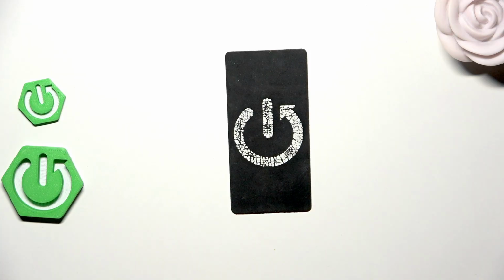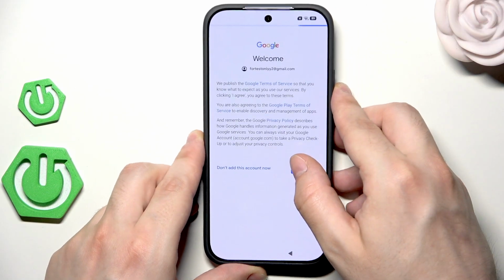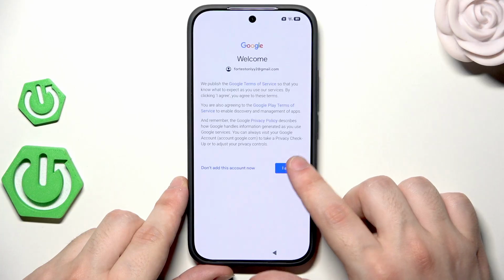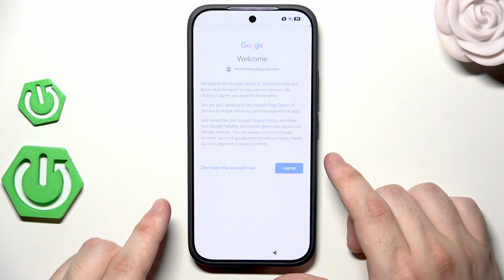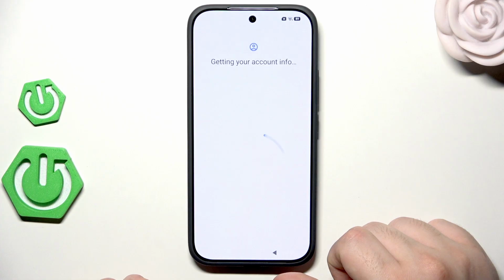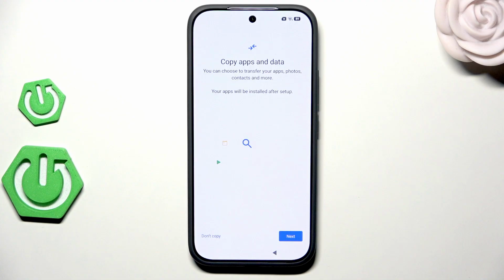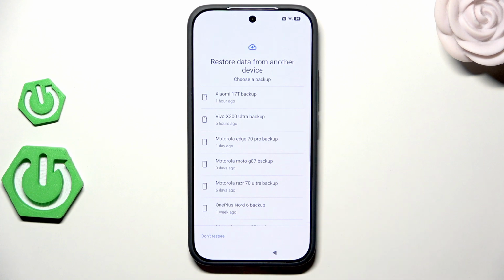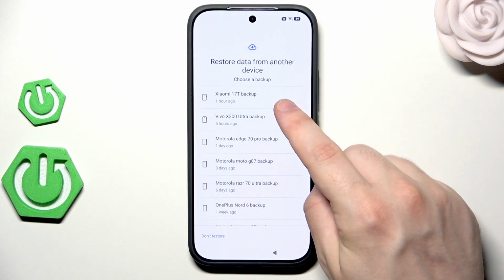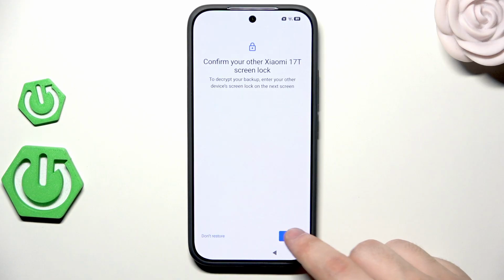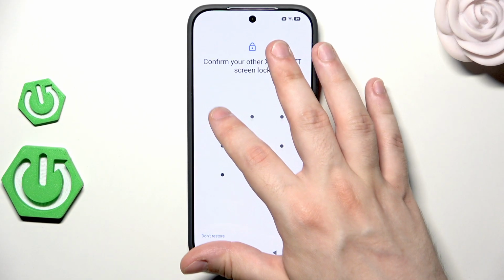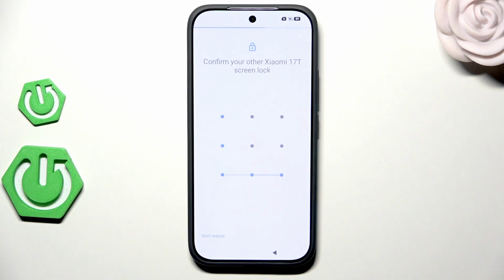Right now. Then click on next. Click that you agree. Click on next. And select the backup that you want to restore. I want this one that I made 1 hour ago. Click on next. Also gotta confirm it by drawing the screen lock that I had in the moment when I